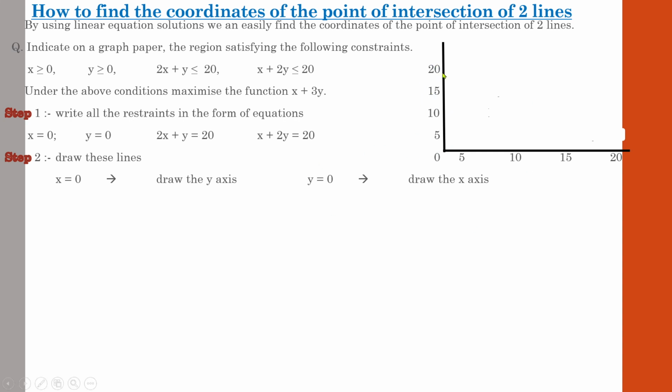You can follow any sort of interval, but it's better to follow an adequate interval. It should not be very tight and it should not be very large. See, 0, 5, 10, 15, 20. It's a very decent gap. If you are using 0, 1, 2, 3, 4, 5, 6, 7, your graph will be very narrow and concentrated in a smaller region. And if you are following a graph like 0, 2, 4, 6, it will be a very large graph. It may not be easy to draw on paper.